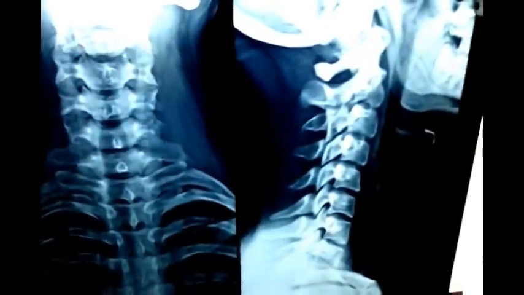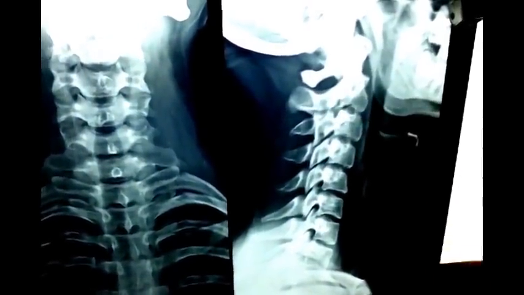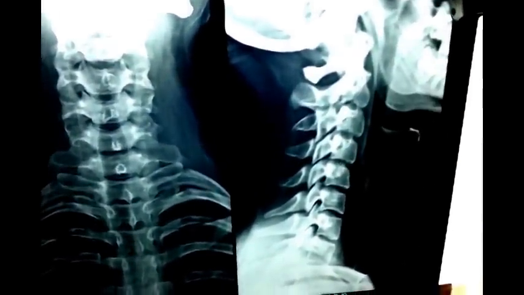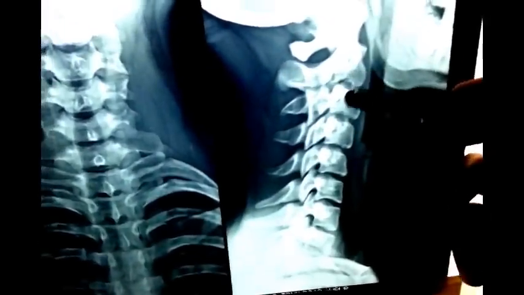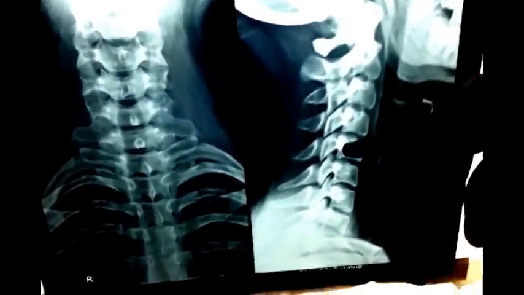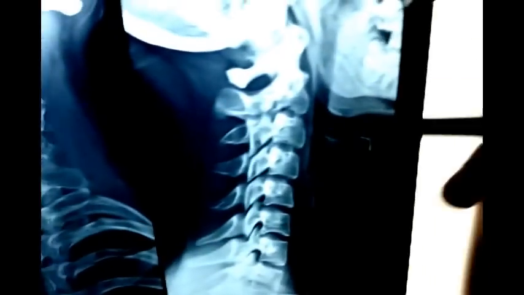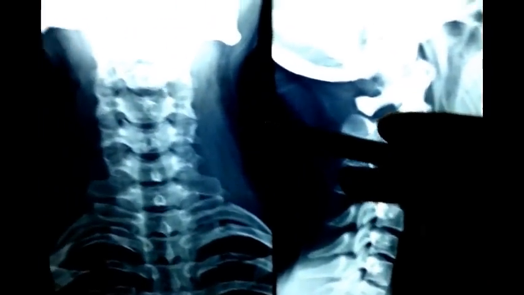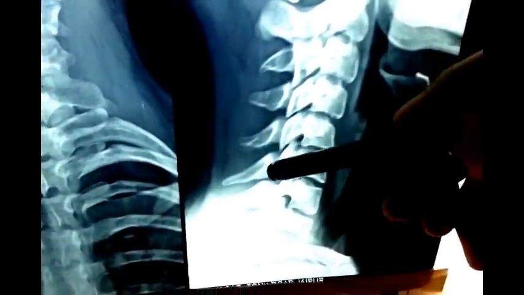Now what I said in the anatomy description, we have a lordotic curve of the cervical spine, which is a natural phenomenon, but here we can see cervical straightening. Now this is the pathological condition found in a 20-year-old girl. Now okay, prior to that, what we notice, I would like to highlight C1, C2, C3, C4, C5, C6, C7.